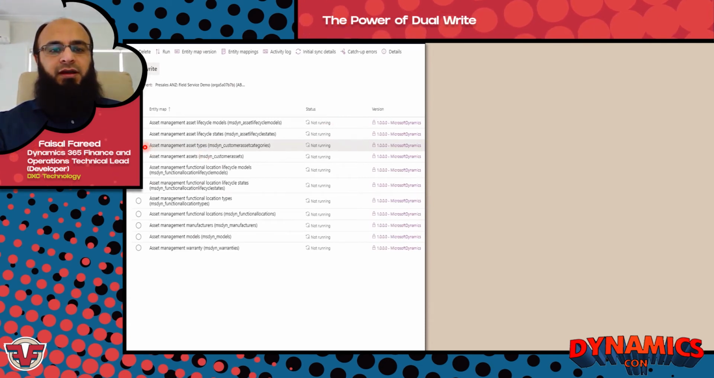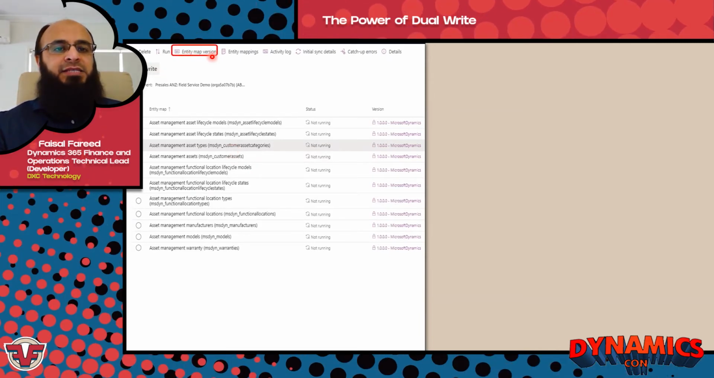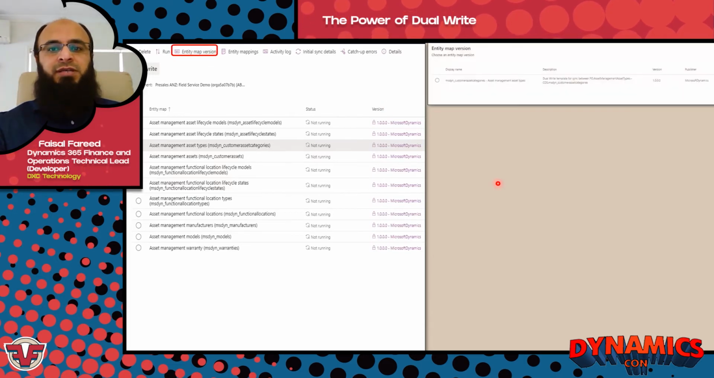I have chosen here asset management asset type, just for an example. Here you choose one of the entity maps. The moment you choose, you can see what my entity map version is. Entity map version is a concept you can create. If you want to customize this, you want to add or remove the out of the box